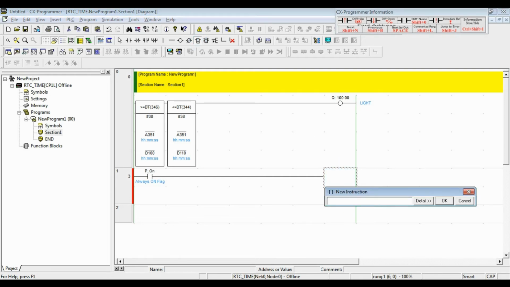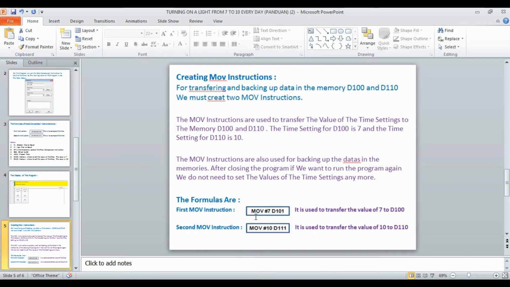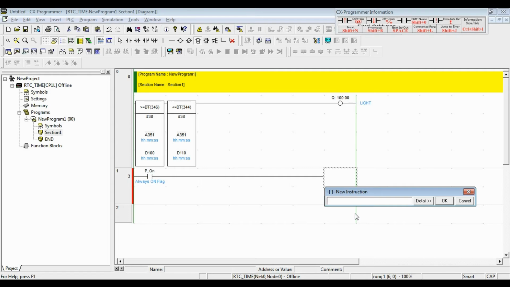Okay, the address is MOV space #7 space D101. Clear? Okay. Comment: time.